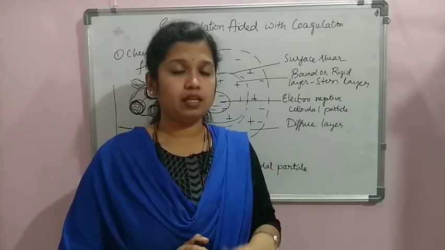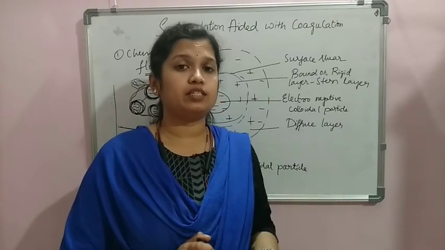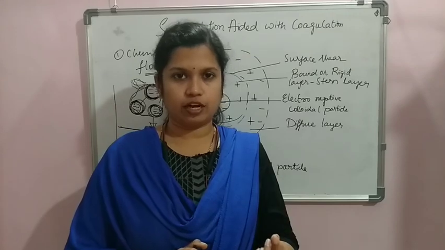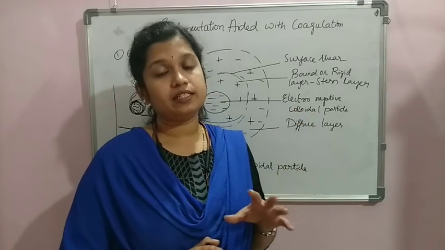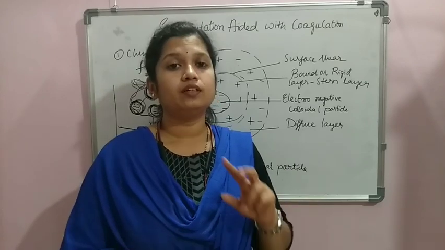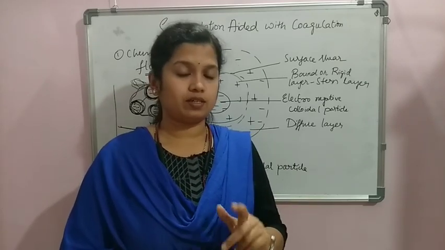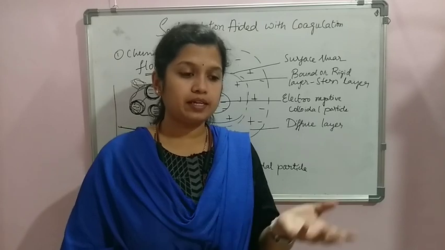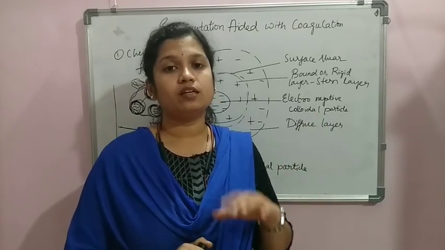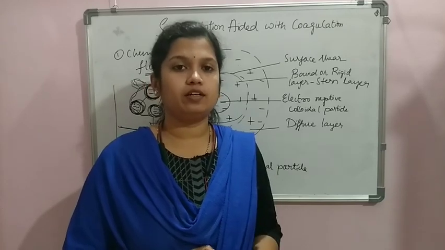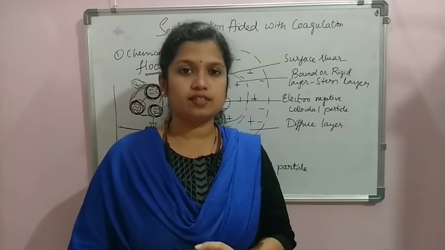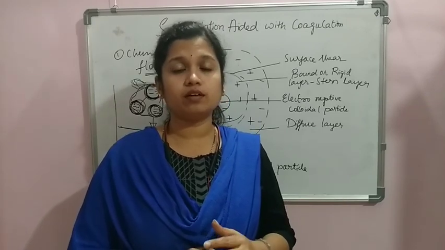That is one principle. Another principle is charge neutralization. As we told, the colloidal particles will be negatively charged, and the coagulants, or the chemicals we add, are positively charged. When they come close together, the charge neutralization takes place. Since the same charges repel each other, they were in a suspension. Now, due to the charge neutralization, they readily come to the bottom and settle down. So, because of that process, it becomes easy for us to separate all the fine suspended colloidal particles from the raw water.